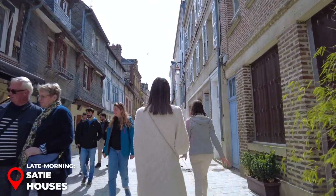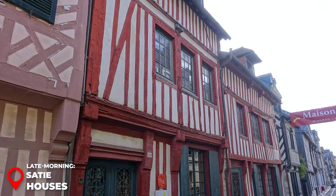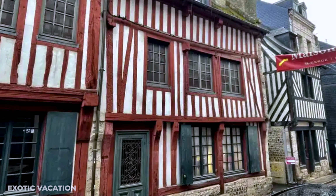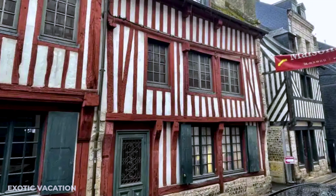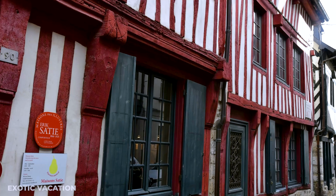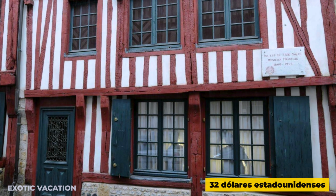Back in the center of Honfleur, step into the surreal imagination of composer Eric Satie at the Satie Houses, a one-of-a-kind sound and light museum that feels more like a theatrical dream than a traditional exhibit. Born in Honfleur in 1866, Satie was as eccentric as he was brilliant, and this experience brings his world to